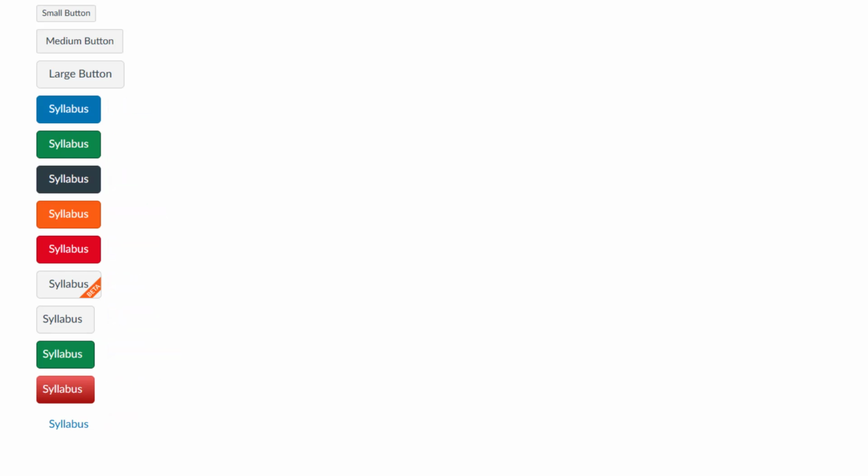Along with the color changes, you will notice that the beta button includes a beta label on it, and the next 3 buttons have their labels left aligned. The last button looks like a traditional blue colored link. However, when I hover my mouse over it, it becomes clickable even if my mouse isn't directly over the text. This is because there is actually a button surrounding the text, making the entire area clickable.